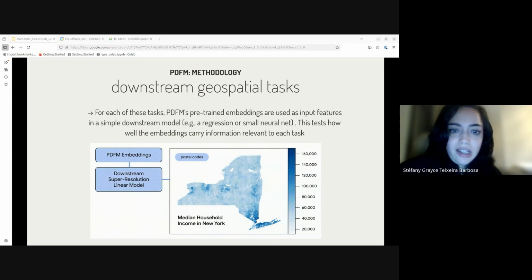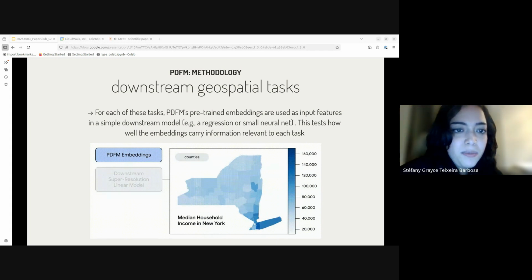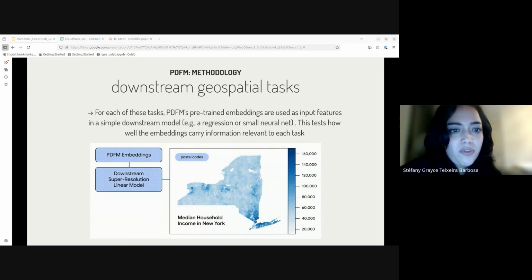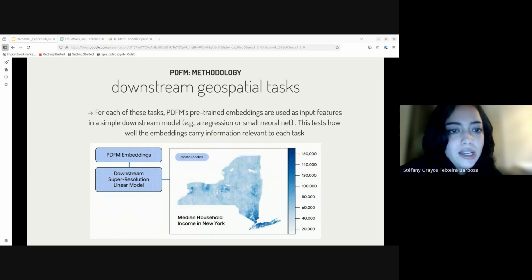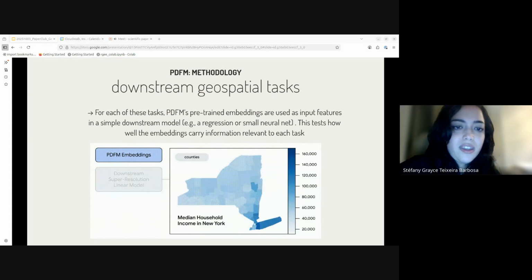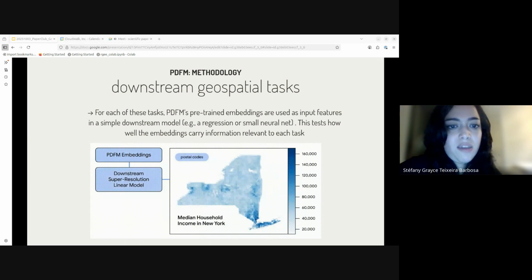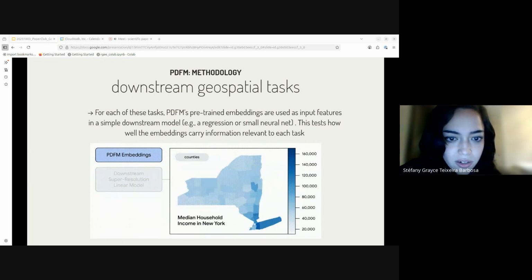Here in the GIF shown below, one of the super resolution tasks they used was they started with the county data on median household income in the state of New York, and then they tried to make it more granular, given the embeddings. And I think the GIF actually shows the real